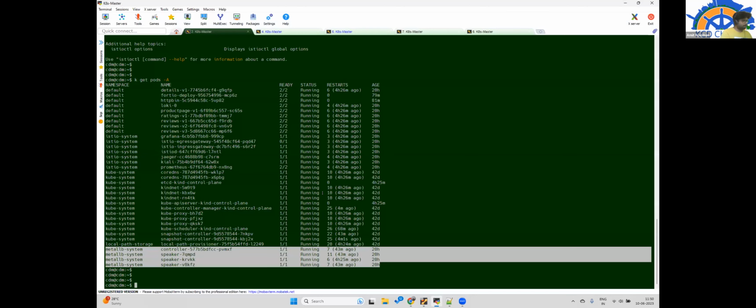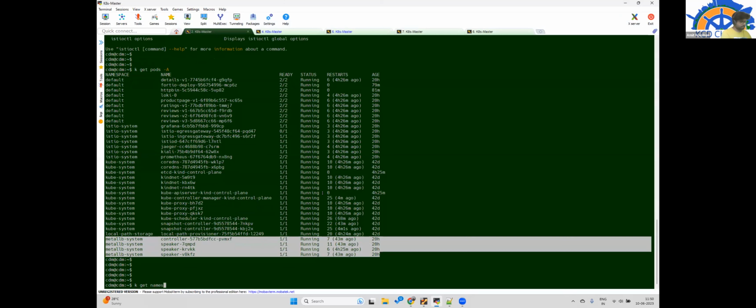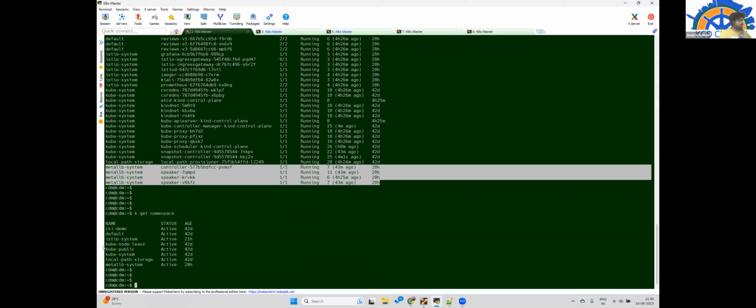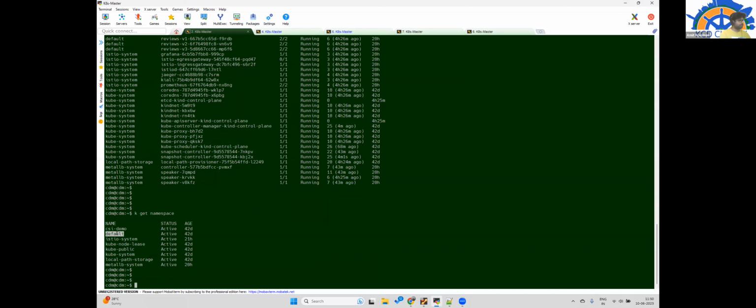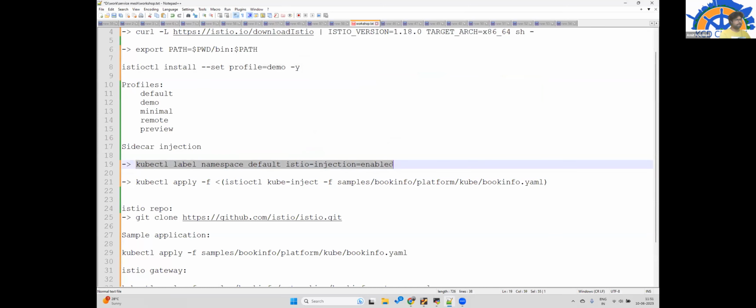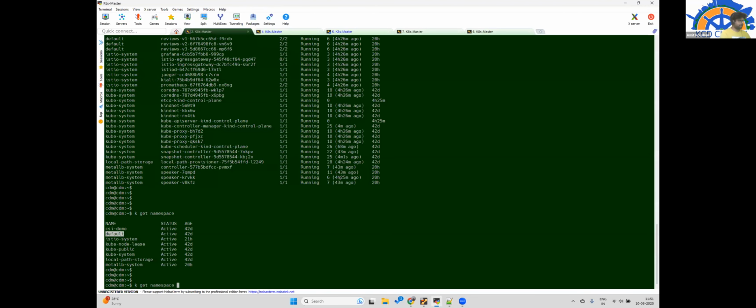For instance, I have these many namespaces, but I have configured only the default namespace for sidecar injection. So I ran this command, which added a label to the default namespace, istio-injection enabled. So if you see my namespace,